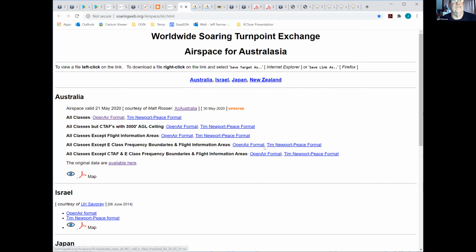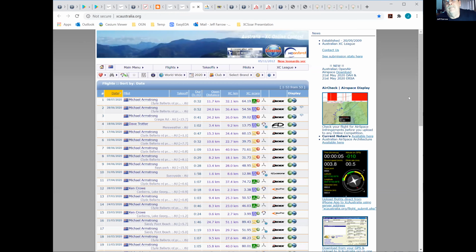As I said, either one's available. This all actually comes from a mob called Cross Country Australia, which is this mob. And they're a hang glider thing, a bit like the OLC, where the hang glider pilots put their flights up and run a competition.